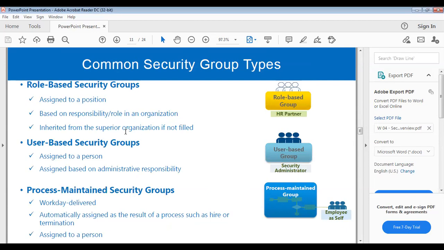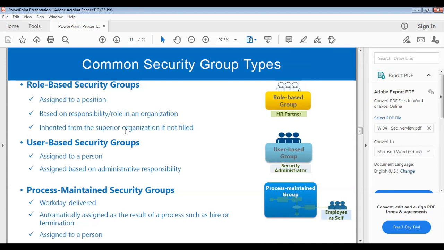Now, when it comes to role-based security groups, these are assigned to a position, depending upon the responsibility or role in the organization. Remember this. For example, HR partner, HR manager. If any person is assigned to this position, you will have the security groups, meaning different types of security actions.